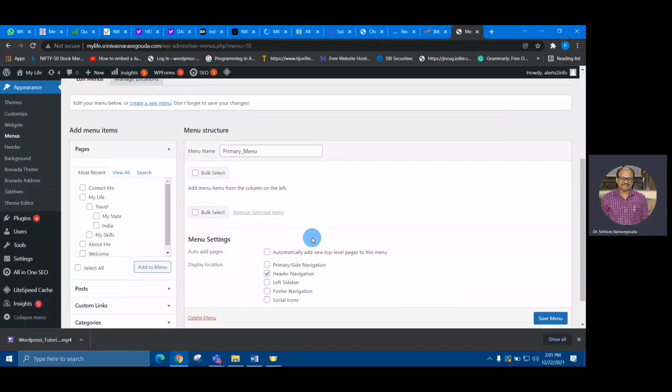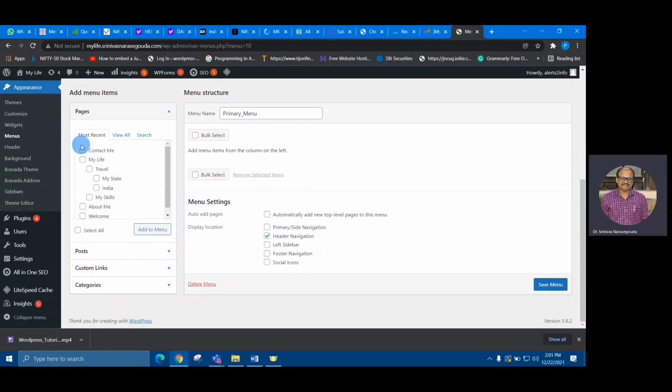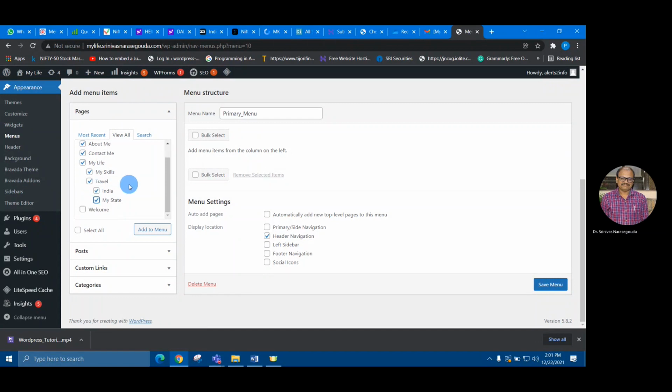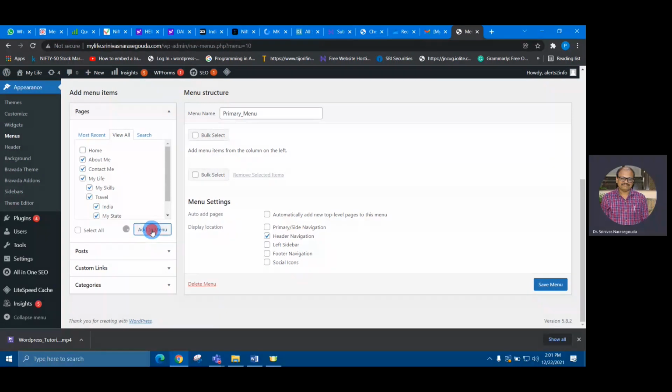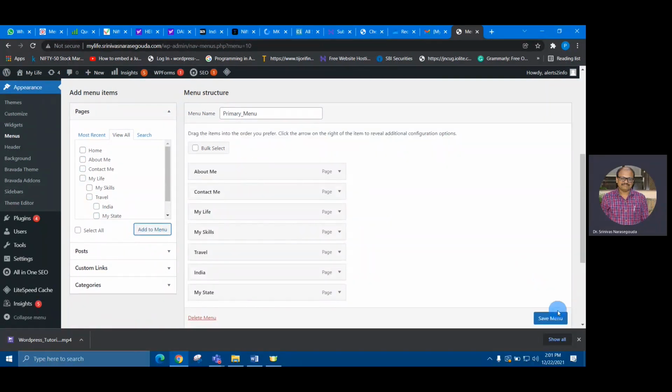Now the menu has been created. We have to add pages to this one. So I'll select view all and I'm going to select all the pages. And I'll click add to menu and then save.